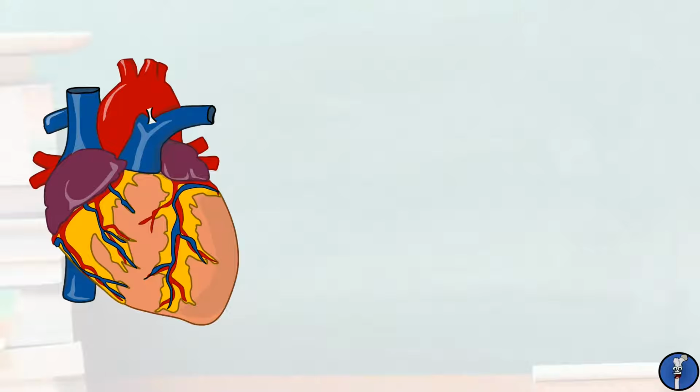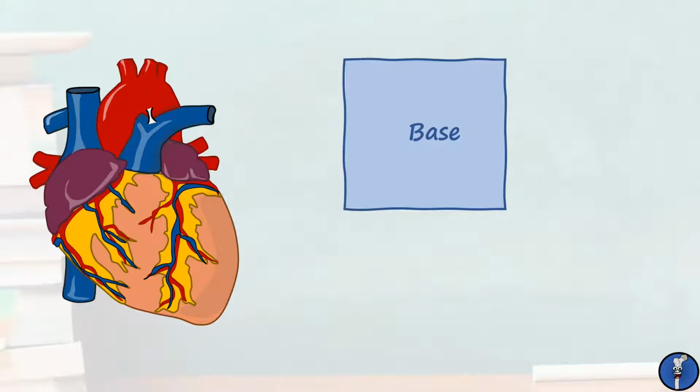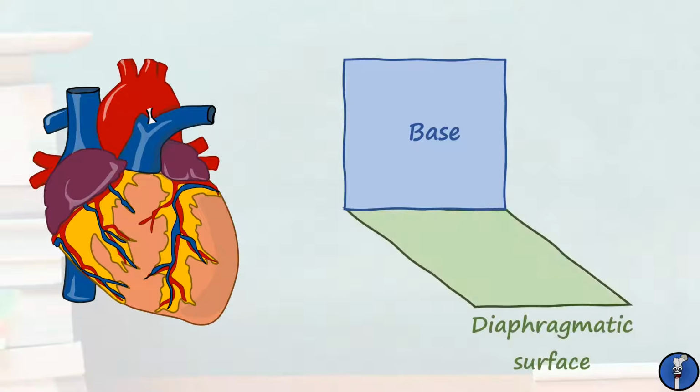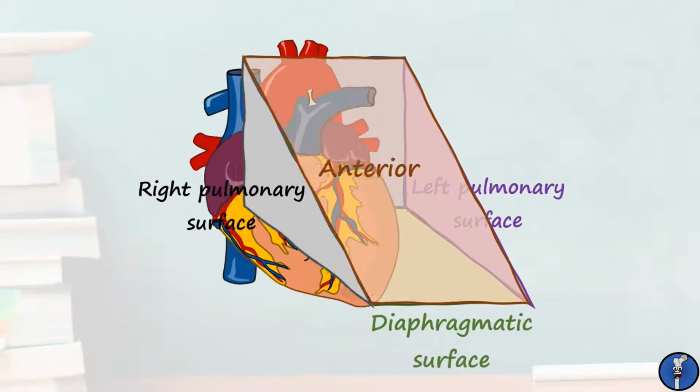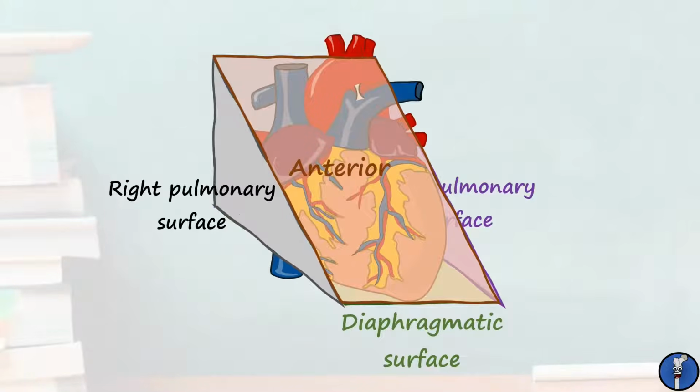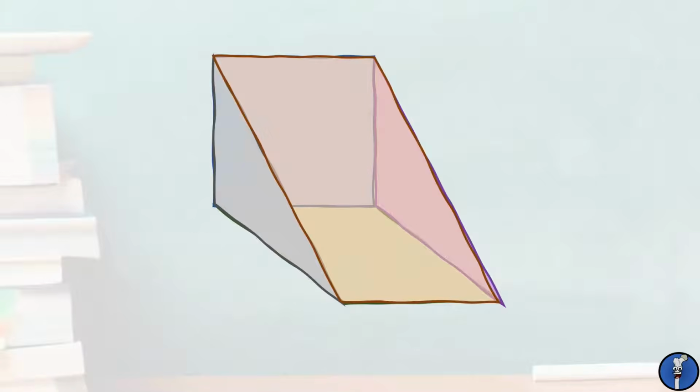The most posterior part of the heart is known as the base. The base is quadrangular in shape and anchored in place. The inferior part of the heart sits on the diaphragm, held there by the pericardium, and is thus called the diaphragmatic surface. As the lungs sit on either side of the heart, the lateral surfaces of the heart are known as the left and right pulmonary surfaces. And finally, the sloping front of the heart that we're so used to seeing is known as the anterior surface. Easy. Let's have a look at exactly what parts of the heart relate to each of its surfaces, starting with